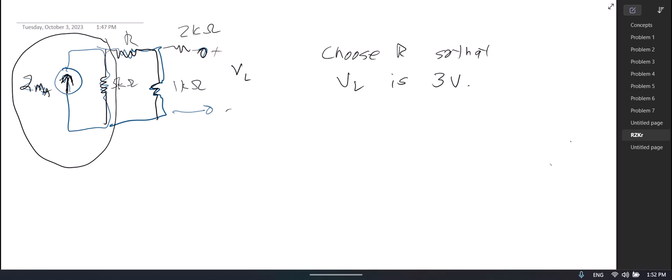I don't like current sources, I prefer to have voltages. Now I want to be really careful with R here and with VL. If possible, I don't want to mess with those, because source transformations can really change the properties of the things that you're transforming. What it doesn't change is the rest of the circuit. So when you do a source transformation, you are changing those things, but it doesn't change everything else. Okay, so when I change this to a voltage source,